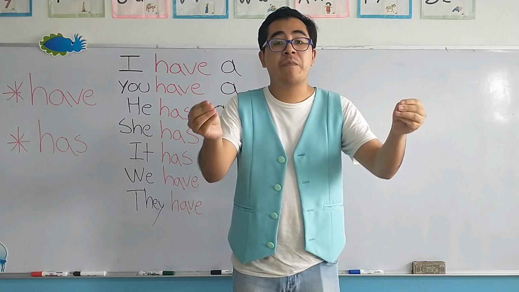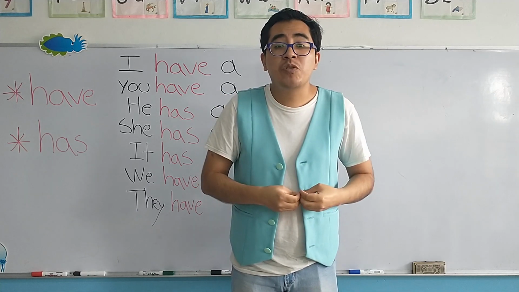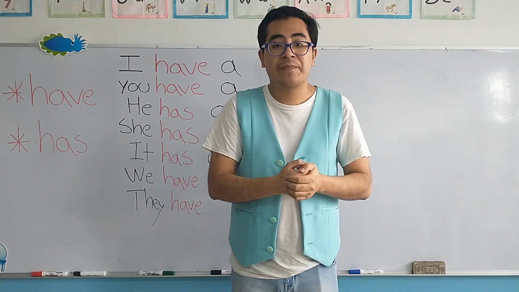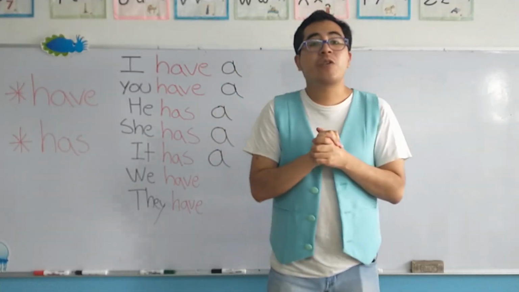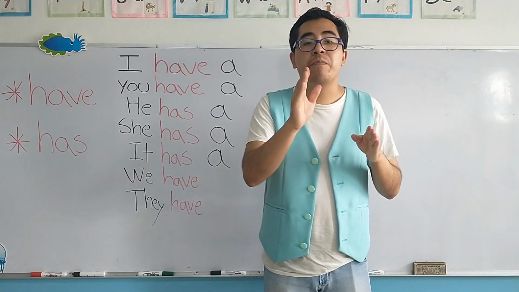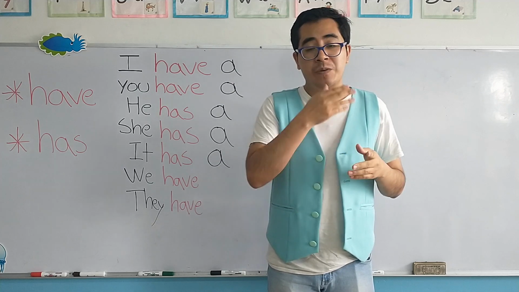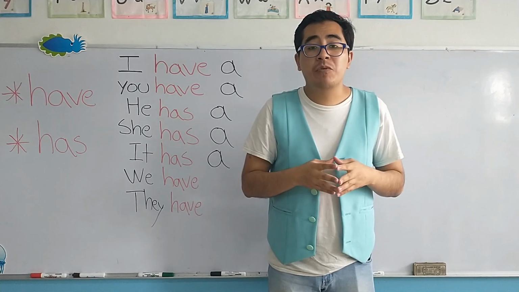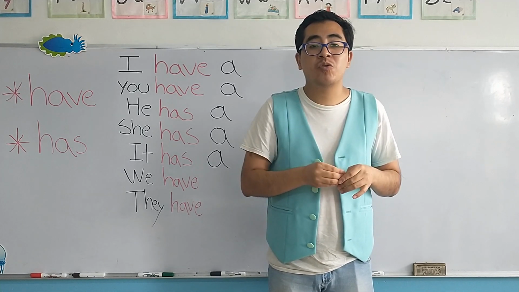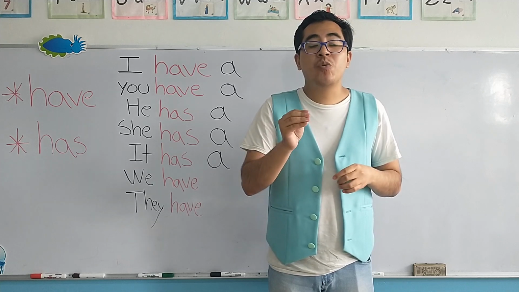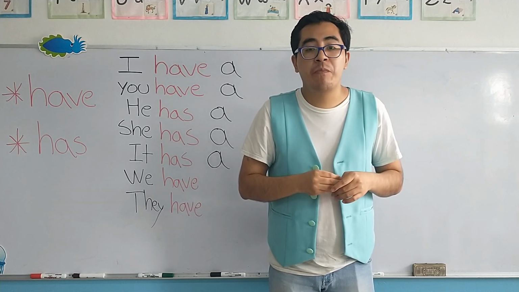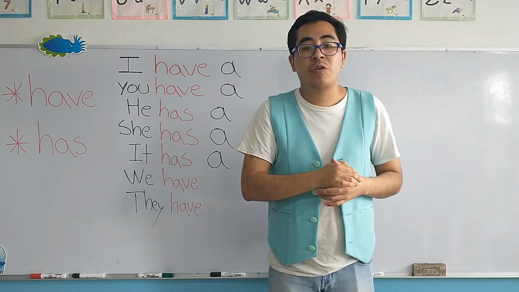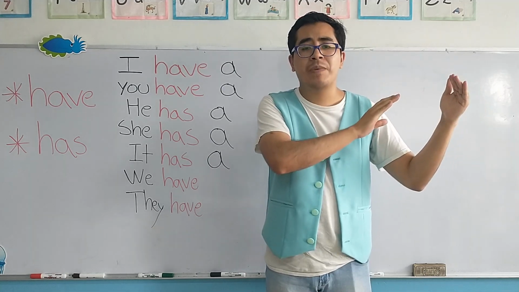And is when we are talking about the possession, cuando nosotros hablamos de una posesión, de algo que es de nosotros, de algo que nos pertenece. Okay, so today we are going to make several sentences with the verb have. Vamos a realizar varias oraciones con el verbo have. Remember, to make sentences, para que nosotros podamos hacer oraciones es importante tener un sujeto. Recuerden, para los sujetos tenemos los pronombres, pronouns. Quiere decir que nuevamente vamos a trabajar con los pronombres que ya habíamos visto anteriormente.